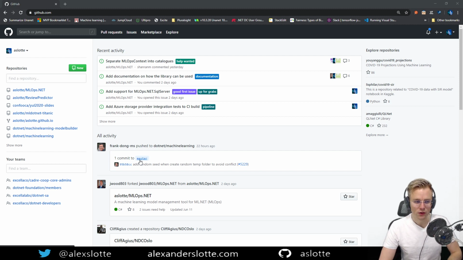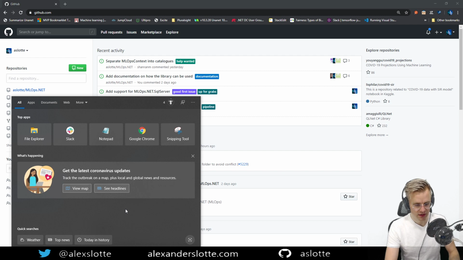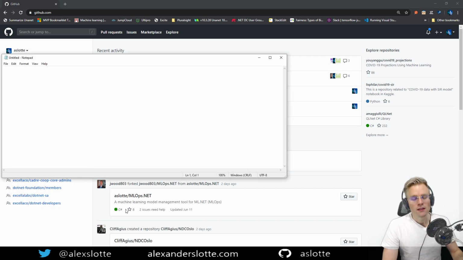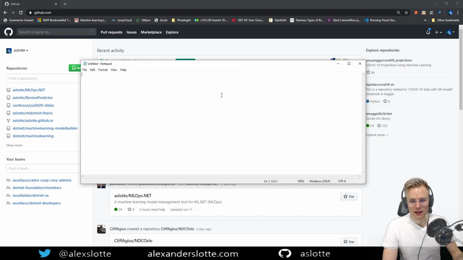But what we'll do today is continue work on MLOpsContext, which is awesome. And while waiting for folks to join, I'm going to start creating a list here of things we want to address today. And my favorite tool for that is Notepad. So we're going to look at some Notepad stuff here. Notepad programming. If only that was a sport, I would be a master of that for sure. But to do today, Friday, what are we going to do? Well, quite a few things I think.